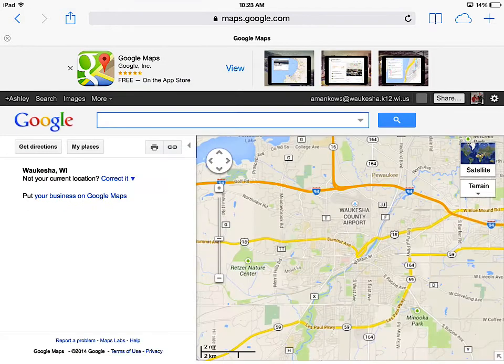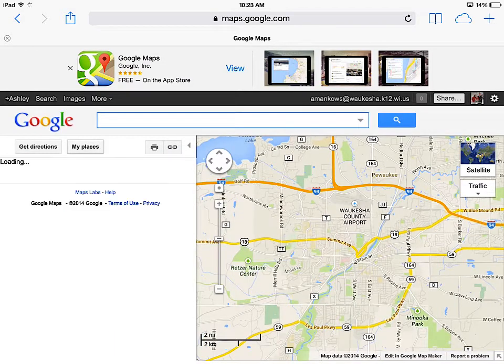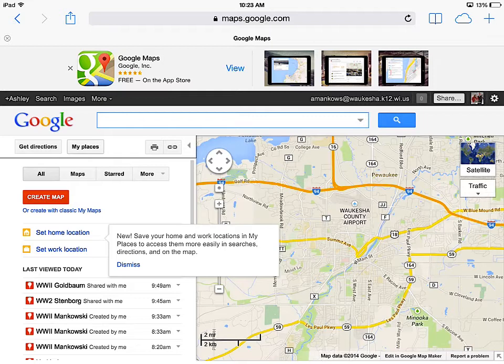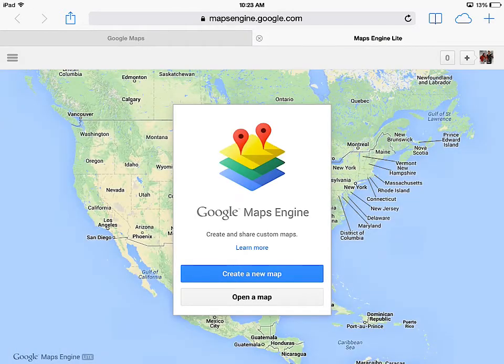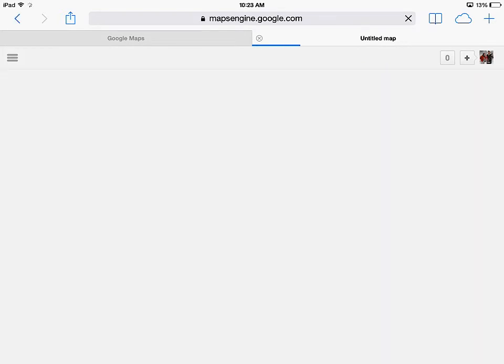When you get to this page, click on My Places once again. Then it's going to allow you the option to create a map. Click on Create a Map. If you are not signed on to Google, it will ask you to sign on to Google. If you are signed on, then you will just simply click Create a Map. Once you have your map,